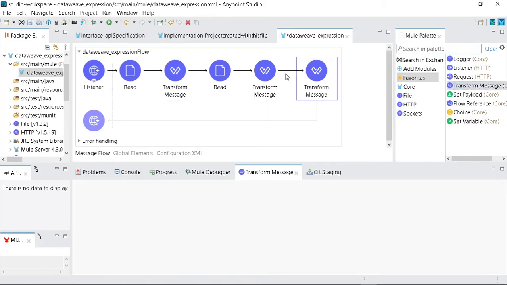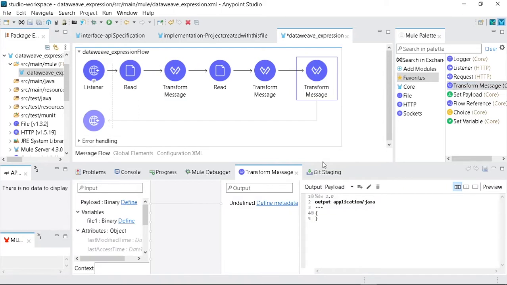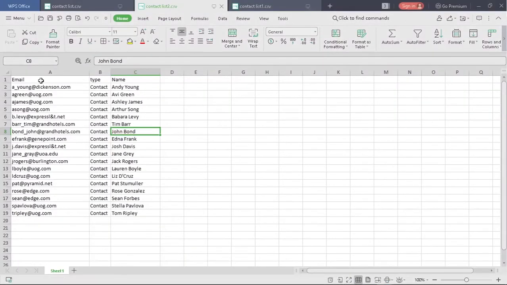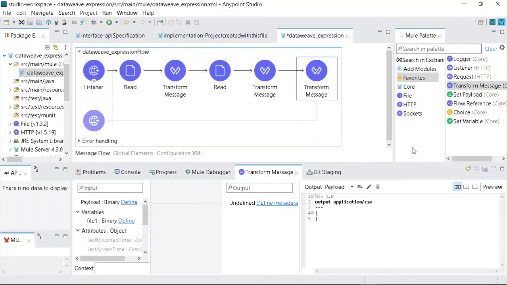I'm taking another variable to combine both these files. And I want to create a CSV file, right? So I will write here CSV. So the output value will be in CSV format. That's why I'm taking CSV here, and obviously we will provide a header, like here we are seeing this first row is the header. So I will write here header equal to true.